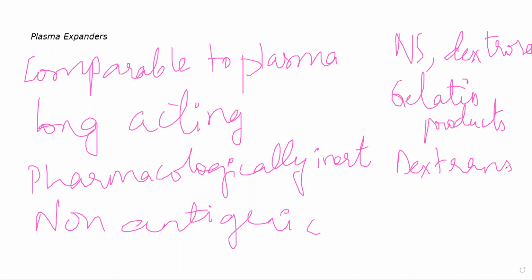The advantage is that other than just improving the fluid volume in your blood, it will also improve microcirculation, especially in cases of shock. I'll tell you what is shock in a minute, but especially in cases of shock, dextrans are very helpful as they are able to improve and re-establish microcirculation. Another advantage is that its shelf life is extremely long. Dextrans will stay usable for almost 10 years. Okay? One vial or one packet of Dextran can be used for almost 10 years because it can be easily sterilized and you can store it for a long period of time.